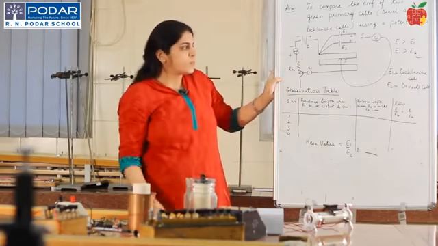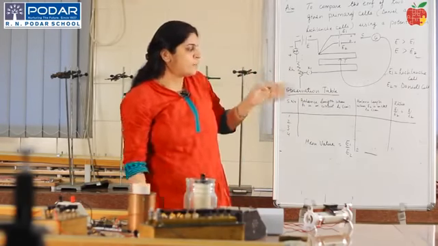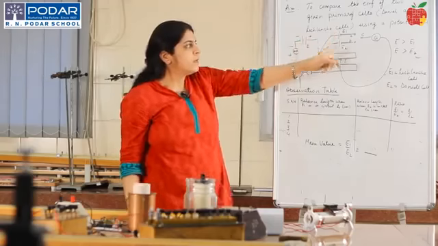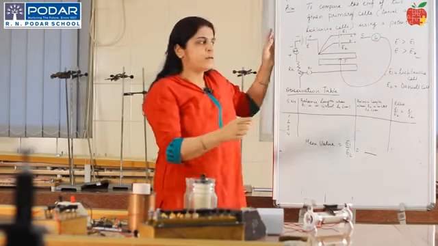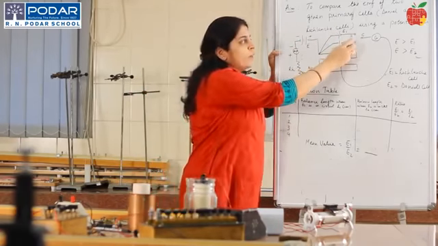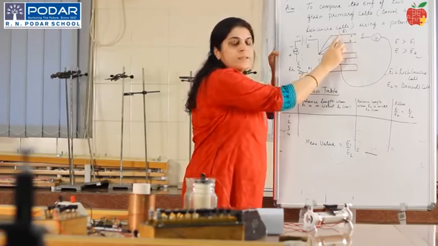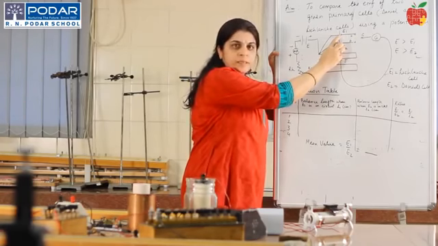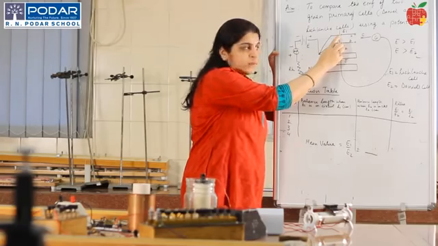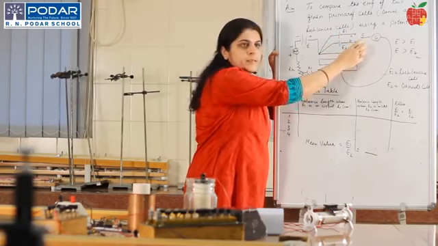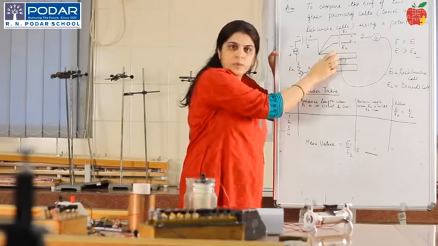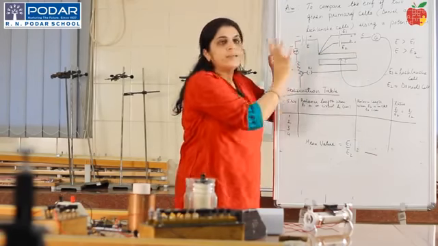So, in the experiment, we will be finding the balancing point using E1 in the circuit. Can you see this? This is a two-way key, that is ABC. When you connect AC in the circuit, then E1, that is the Leclanché cell, will be in the circuit, and we can find the EMF of the cell. When you connect BC in the circuit, then we find the EMF, that is E2, in the circuit. That is, we find the EMF of what?